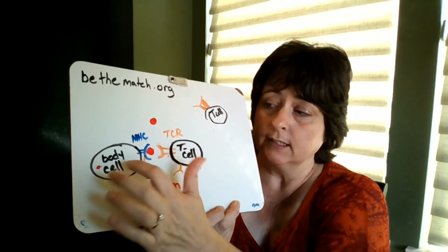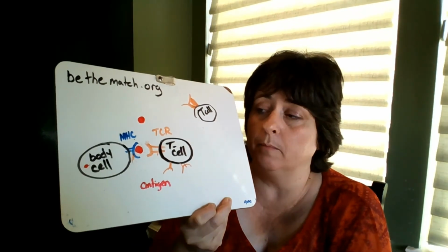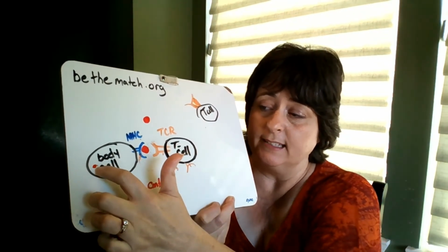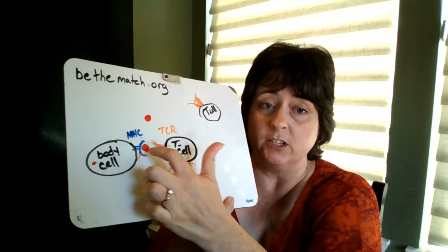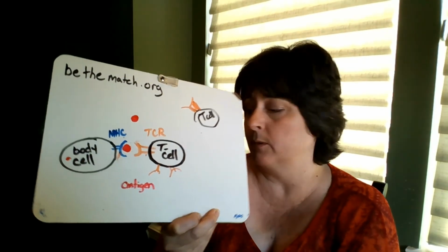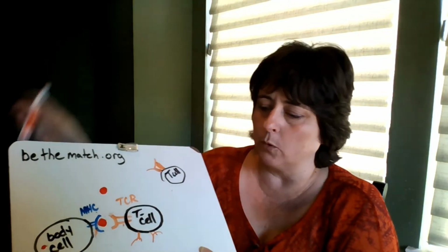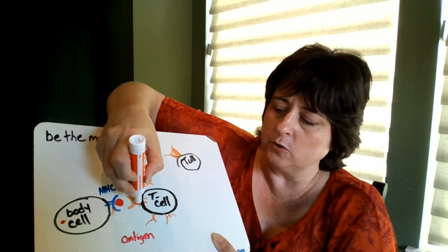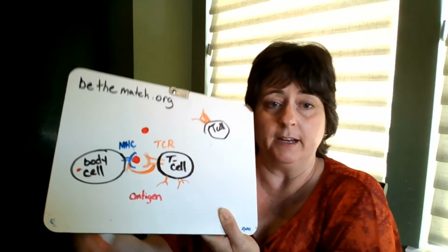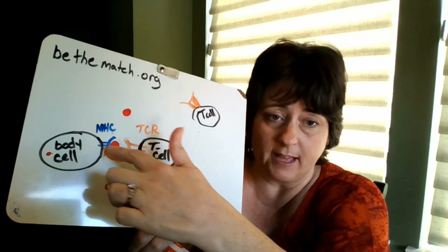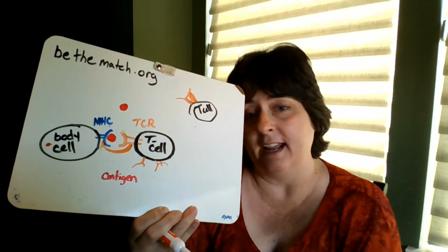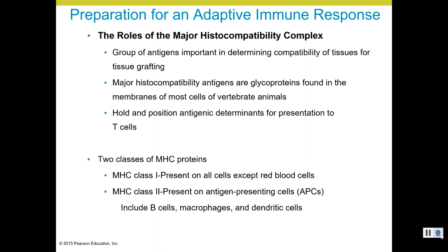Now, all cells in the body can have this MHC protein. So say this body cell got invaded by a virus, it has the ability to take pieces of that virus and put them on MHC to show the T cell receptor. So that's what's going on. Now the T cell receptor will also, and that's where this line came from, bind to the actual MHC. So not only does it bind the soulmate antigen, but it binds to a piece of that MHC, which is why it's important to have that antigen presented on an MHC. And when you have problems with that, you have problems with your immune system, and it doesn't work well. So going back to here,